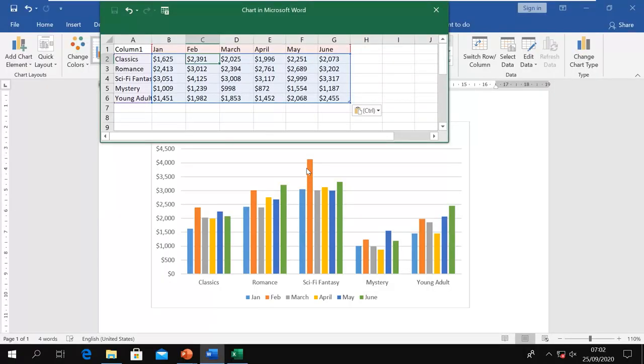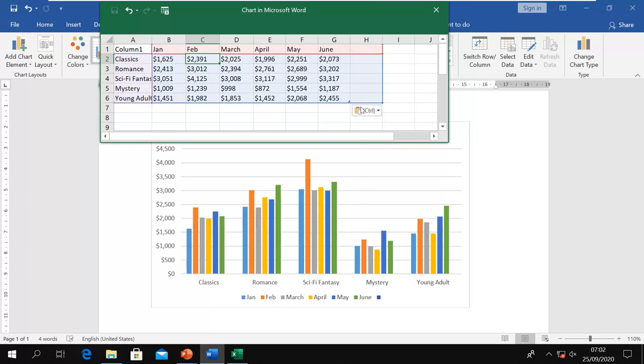For example, I want to add more information here in my document. As you can see here, the source data is only showing the information till this blue line. Now I want to have more, so I can click and hold this corner when it changes to a two-way arrow. Click and hold, and then you can drag it to this side to add a new column, and to this side to add a new row. I want to add a new column, and as I drag it, that blue line is increased, but this column is empty. But you can see the color here, it is added, only it is not having any name.